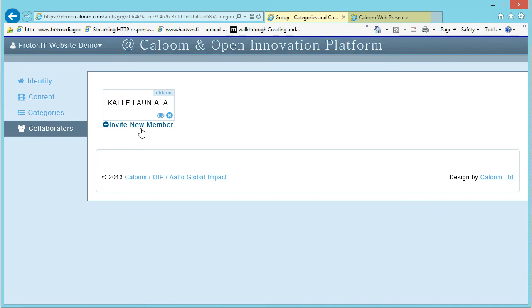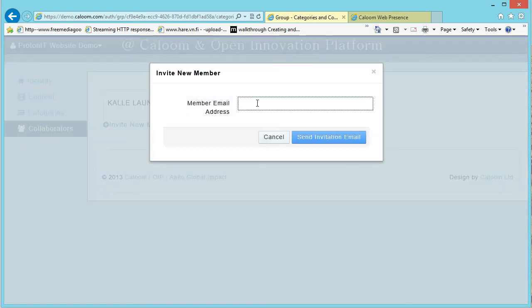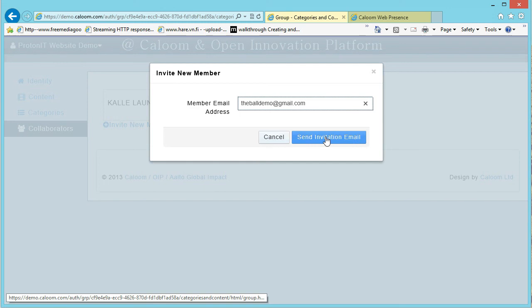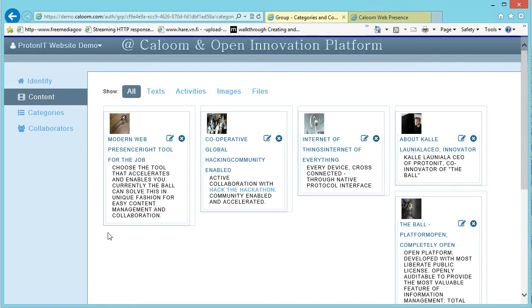So let's proceed with the collaborators. I'll go and invite a new member. The platform trusts emails in a way, so I have to enter here the ball demo gmail.com address and send the invitation to my other account. The invitation gets sent,